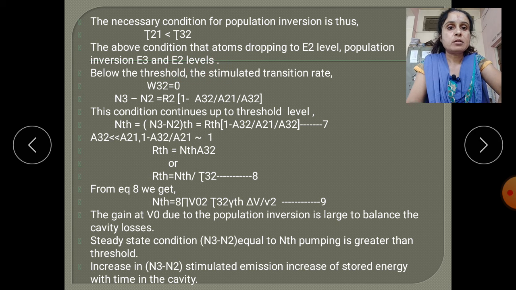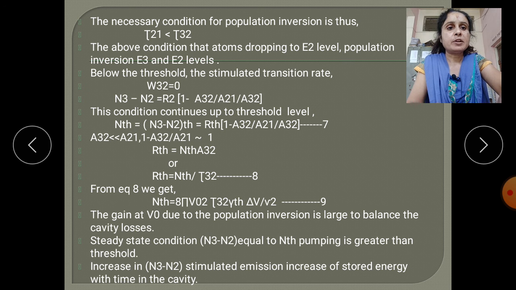That can take place below the threshold, and the stimulated transition rate can occur. So, in this way we get W32 equal to 0. So, population inversion from higher level to lower level can be generated. N3 minus N2 is equal to R2 times (1 minus A32 upon A21) upon A32. This will be the